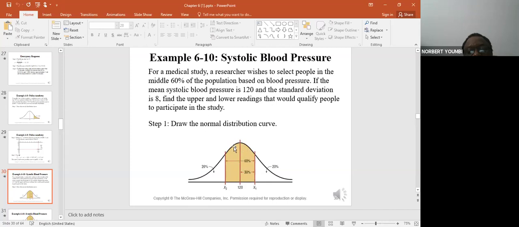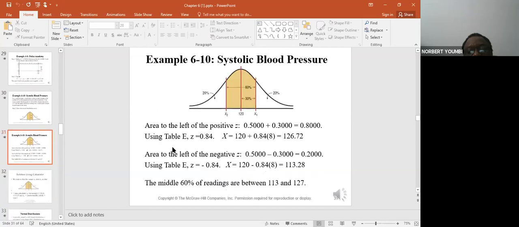Here we are looking for the area at the middle. When you look at the area at the middle, identify those two values with area at the middle, and then you will use the area to the left and area to the right to be able to read the normal distribution table. So we will determine that the area to the left of the z is